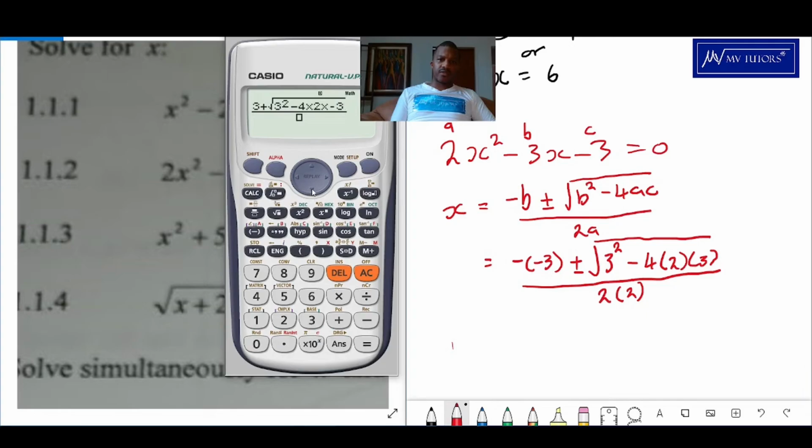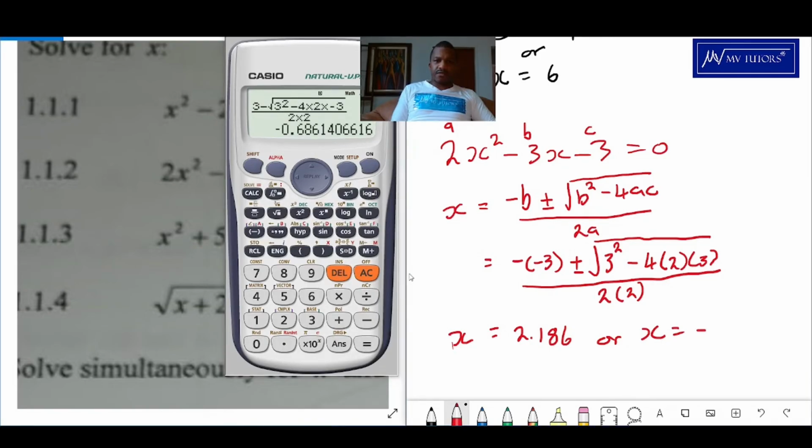Okay, and all of that is going to be over 2 times 2. Let's change it to decimal. 2.186. Okay, so that's my 1x, or x is going to be 2.186. Now we need to change the positive into a negative, because we put plus here. So let's subtract this time, and then we'll get